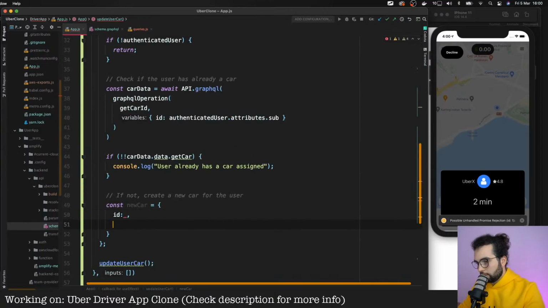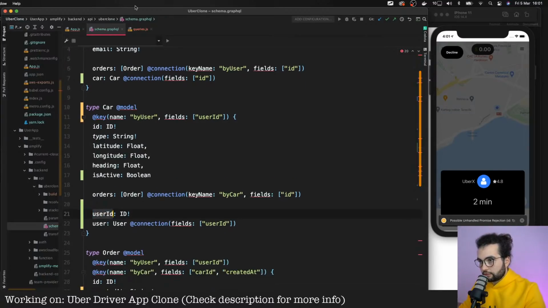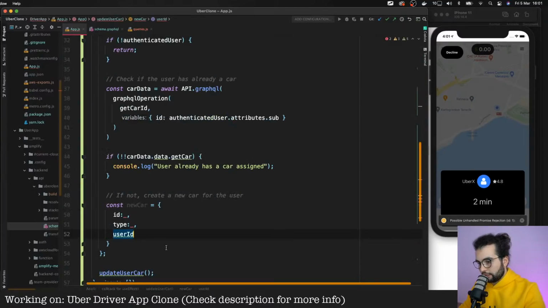Latitude, longitude, and heading are not required. isActive is not required. User ID is required. For the ID and user ID, we will pass the authenticated user ID that we have here, so they will have the same ID and we will be able to easily query them.